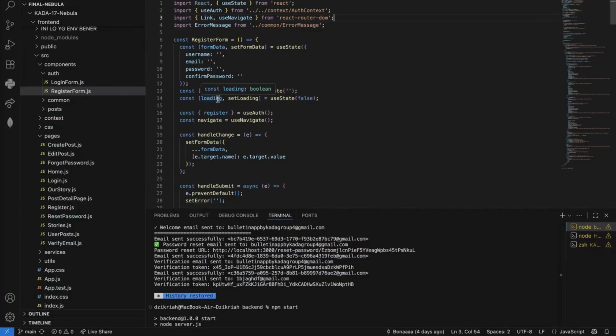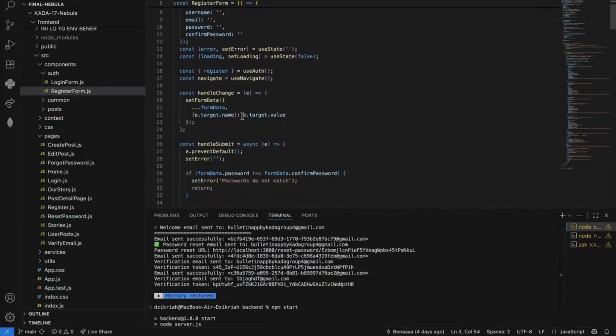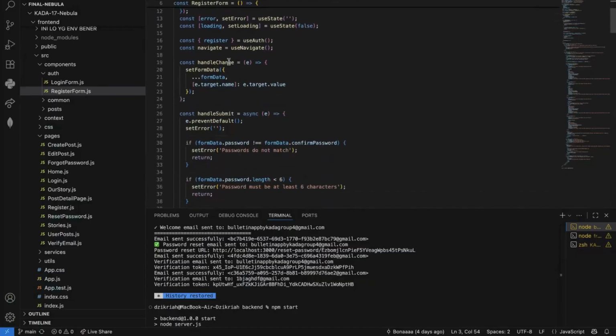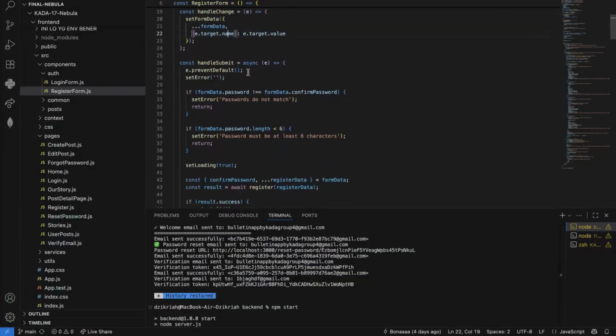And for the loading, it indicates when the form is processing registration. Also here, we have the event handler. This is the event handler to update form values whenever the user types. And here, I use dynamic keys to handle all fields with one function. Also here, we have the handleSubmit.